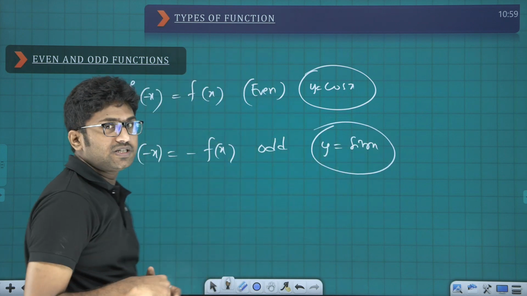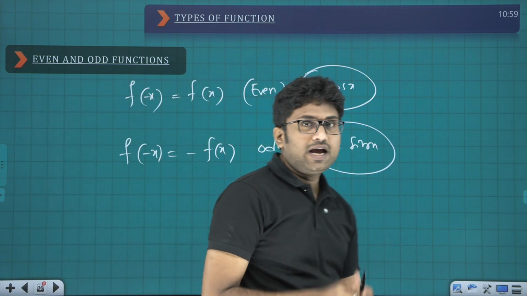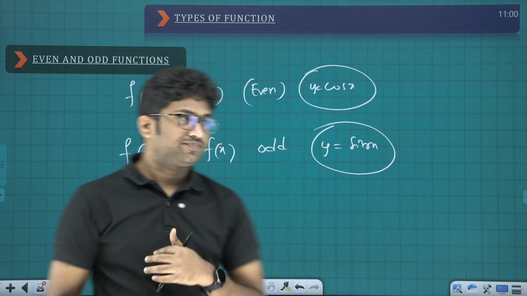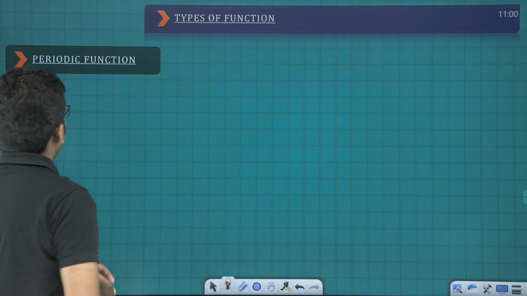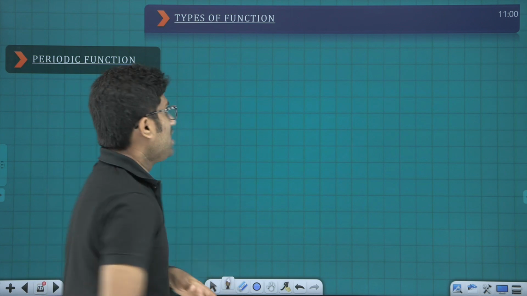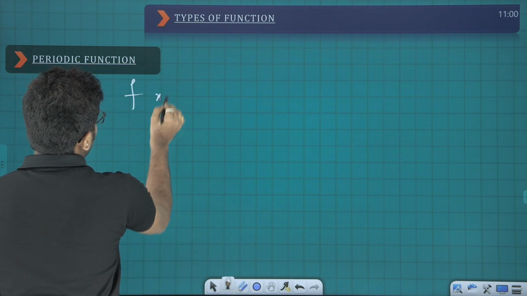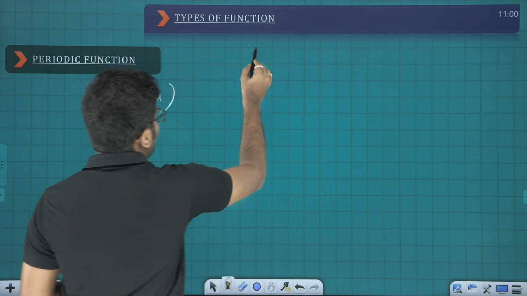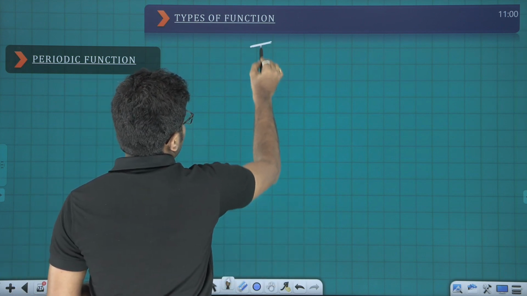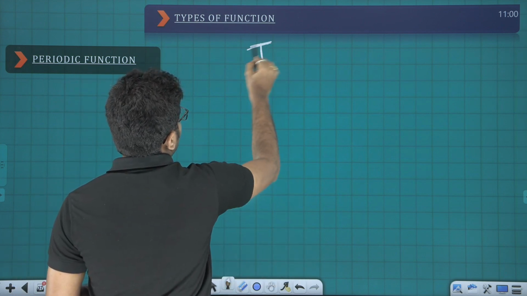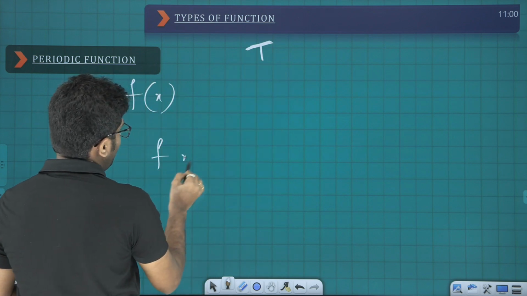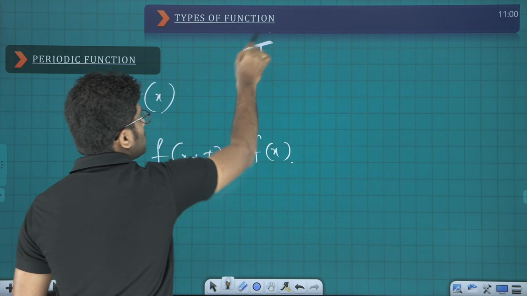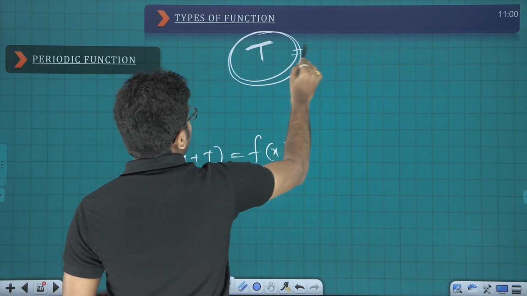An even function will always be symmetric with respect to the y-axis, and an odd function will always be symmetric with respect to the origin. Clear? Next, periodic function. A function f of x is said to be periodic if there exists a smallest positive number t such that f of x plus t is equal to f of x, and the smallest possible value of t is said to be the period